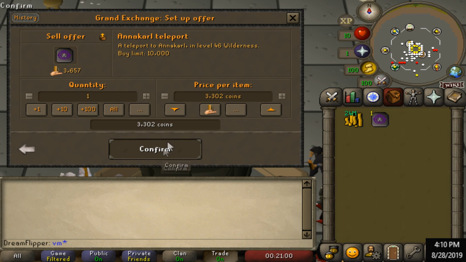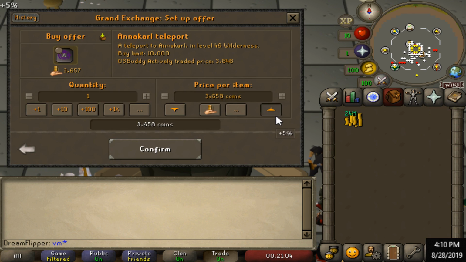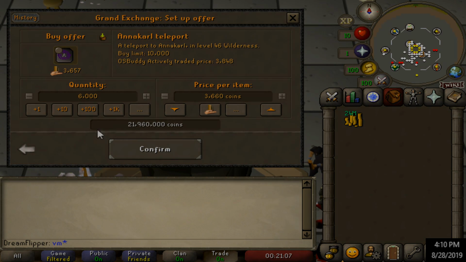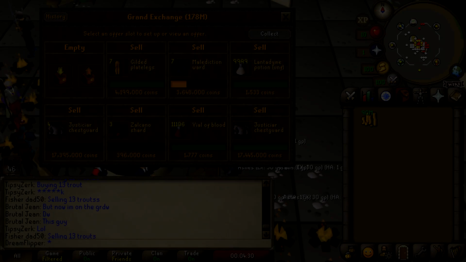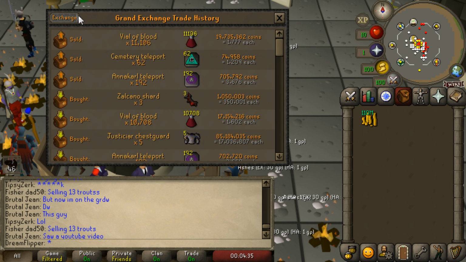The volume for this really isn't that much, but sometimes big offers come through for them. So we're going to go ahead and do the Anakara one and the Cemetery Teleport, and we'll be back a bit later. So we had some amazing flips at the tail end of August 28th,